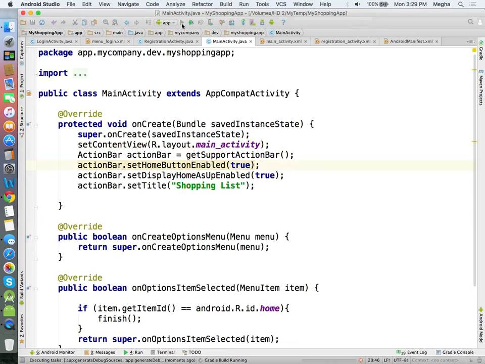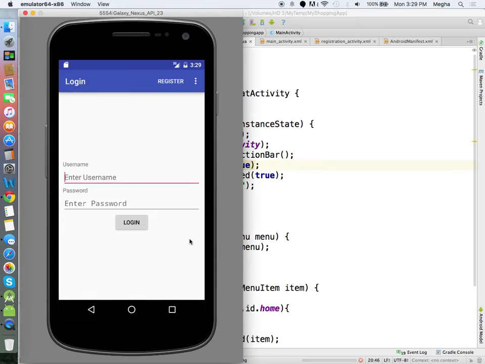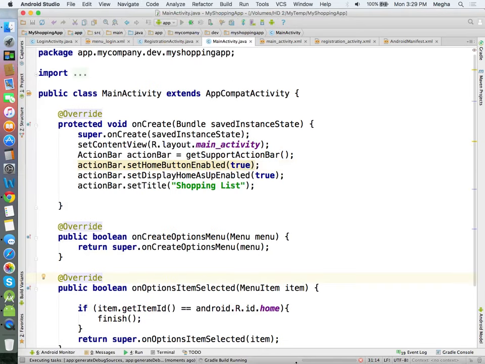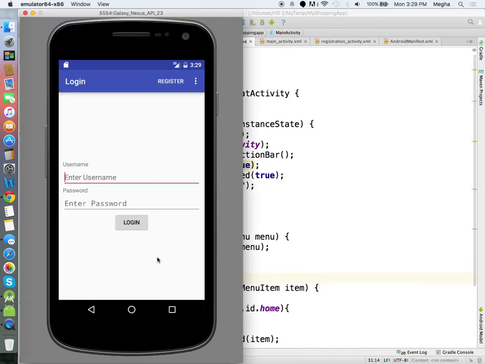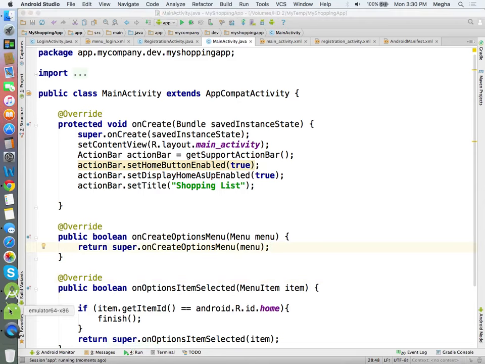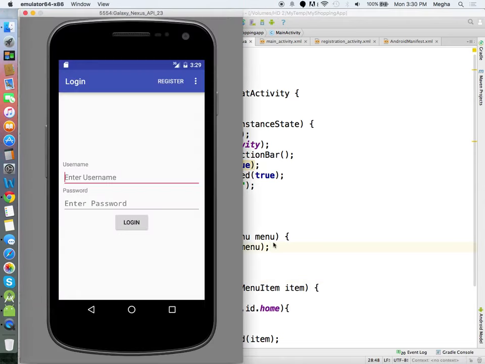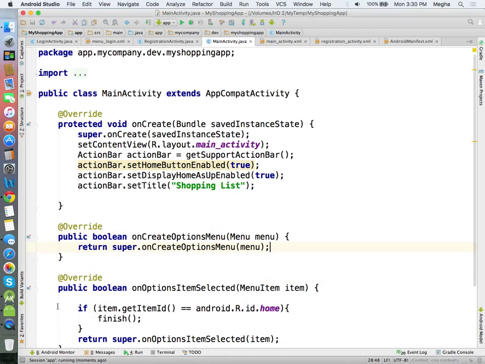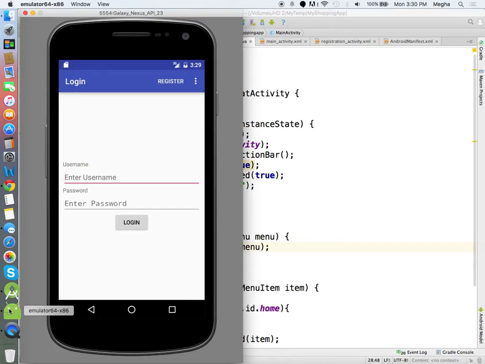I'll show you the overview of how the application is going to be. Let it run.